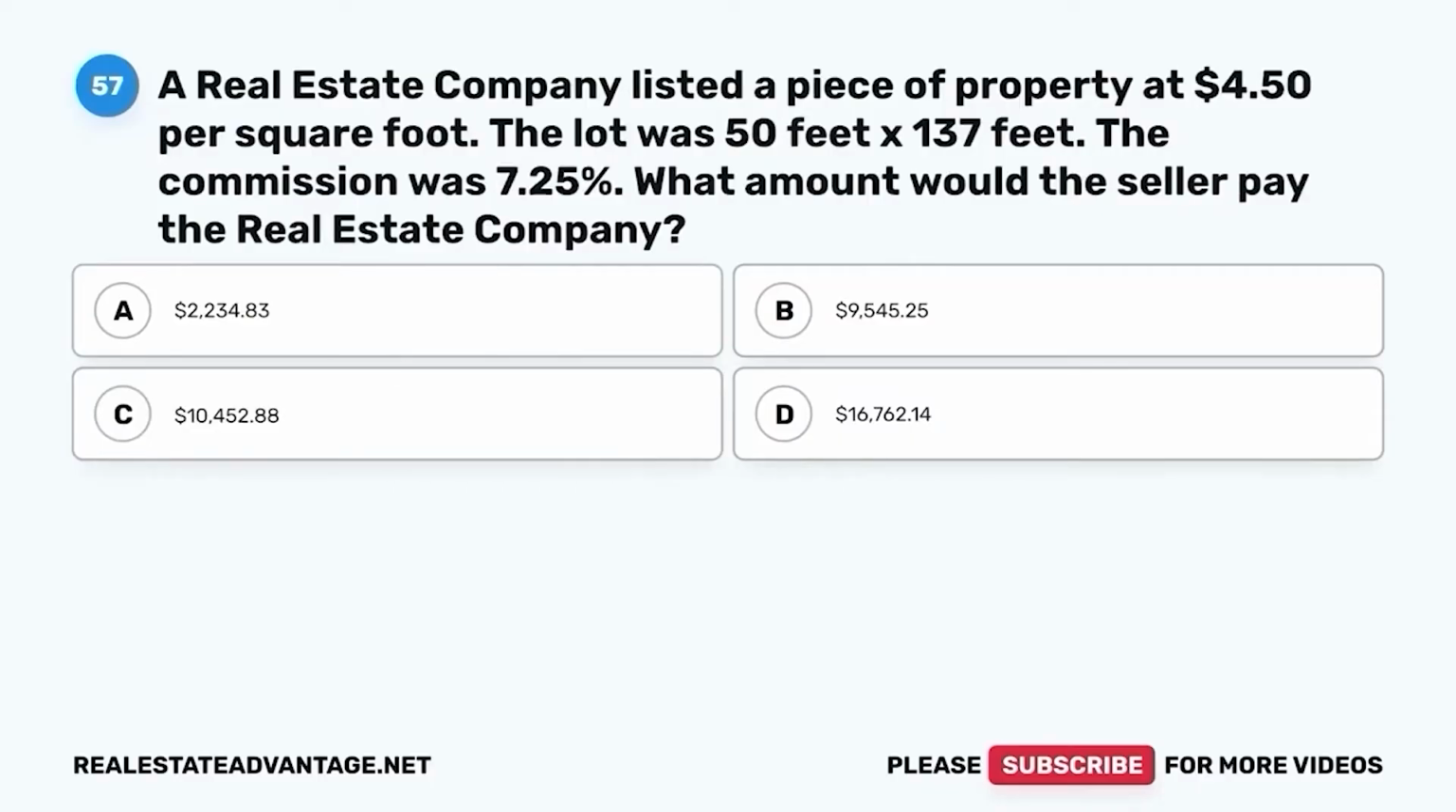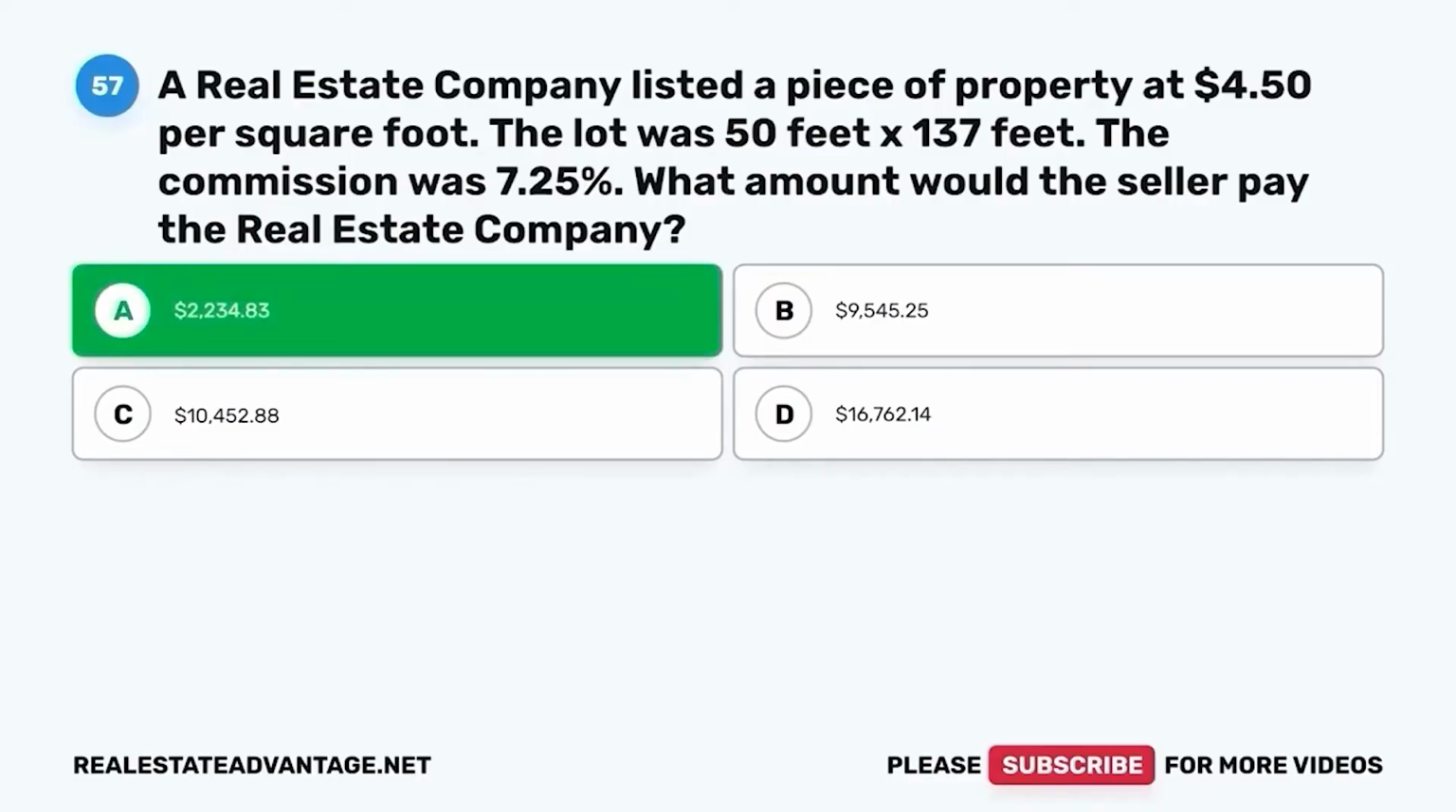Question 57. A real estate company listed a piece of property at $4.50 per square foot. The lot was 50 feet by 137 feet. The commission was 7.25%. What amount would the seller pay the real estate company? A. $2,234.83. B. $9,545.25. C. $10,452.88. D. $16,762.14. The correct answer is A,